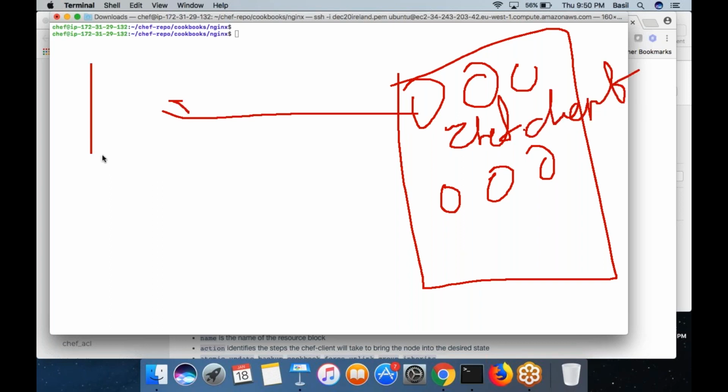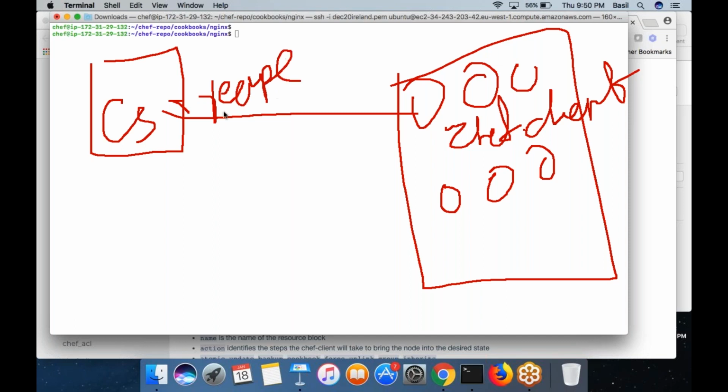it will connect with the Chef server. It will download the run list from the Chef server, then find whatever recipe it needs to run. Then it will explore the recipe and list down whatever resources it has. Then each resource is individually executed on the node. That's how it works. Actually, it is the node that reaches out to the Chef server, downloads the run list, synchronizes the cookbook, gets the list of recipes and resources, and each resource is executed one by one on this machine. That's how it works.